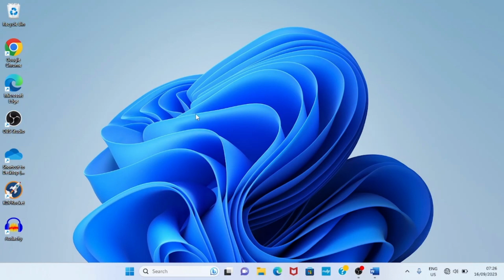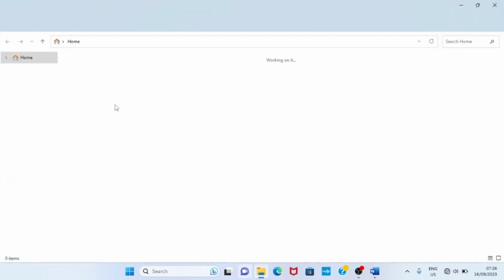In this tutorial, you're going to learn how to lock a folder in Windows 11. If there's a folder you don't want all eyes to see, it's important to lock it in your computer. This method still works in Windows 8 as well as in Windows 10. So let's get started. Click the File Explorer of your computer.